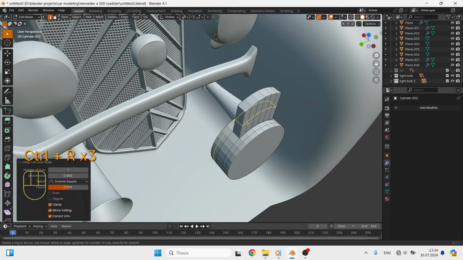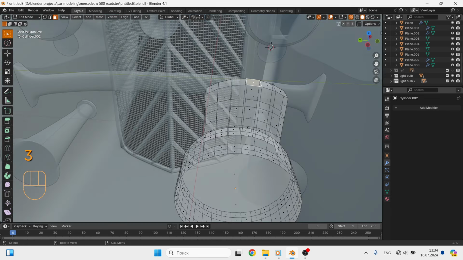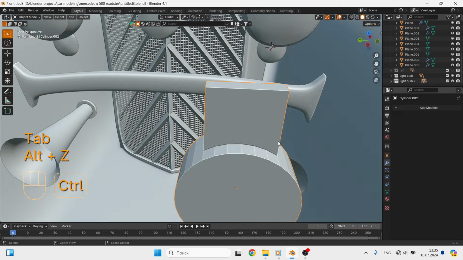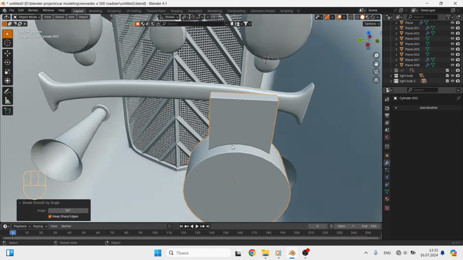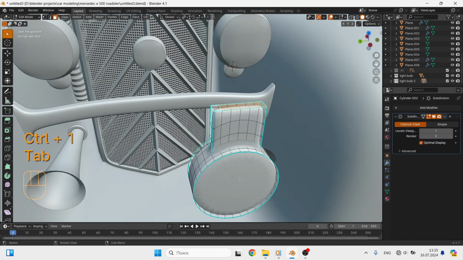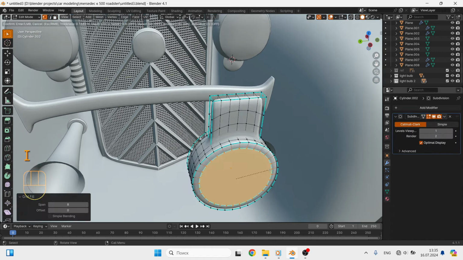This will be the mount of something similar to a reel, add a few more loops to strengthen the grid. Now we go into Edit Mode and select the topmost faces in order to align them using the combination S, Z, 0. Well, now you can apply Shade Smooth and Subdivision Surface. As you can see, we did not add additional loops in vain, they even turned out to be not enough.